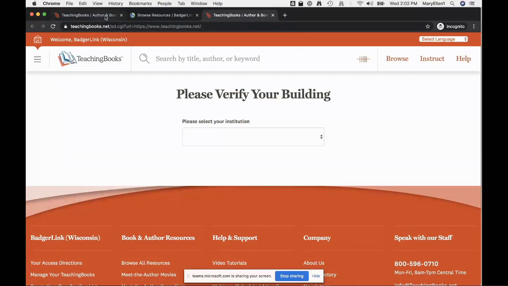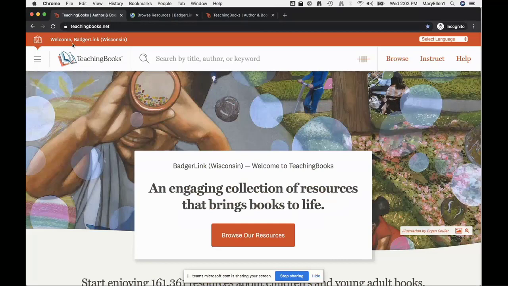I'm going to go to my page. You can see that I am under the general umbrella of BadgerLink. You will have divisions for your school districts and your public libraries, and you will be placed under those, and you'll be welcomed at the top of the screen, upper left, as well as in the center box. You'll be welcomed by that learning reading community. Once you get to TeachingBooks, and I'll explain a little more about what TeachingBooks is, I would suggest for you